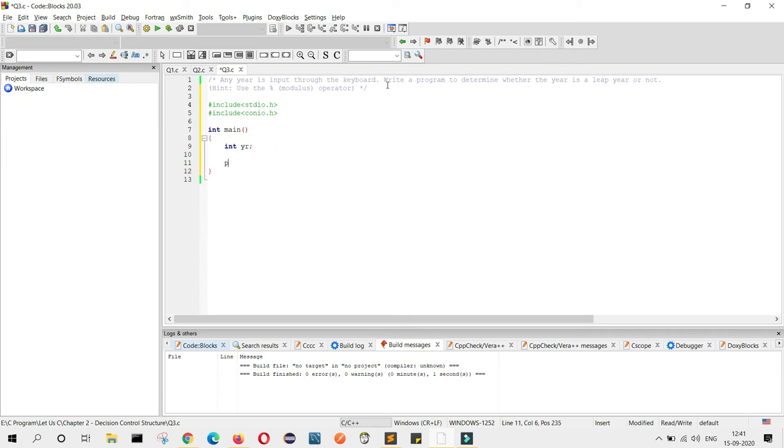Now we will write printf, enter the year. %d because I have taken int, and &year.